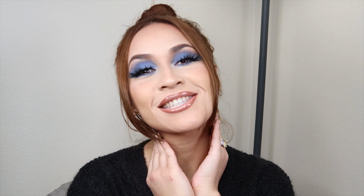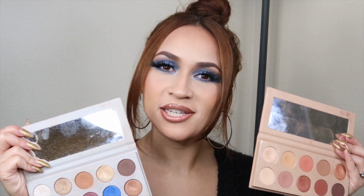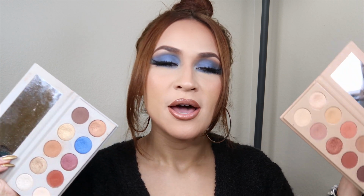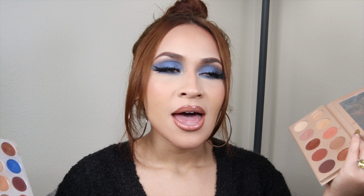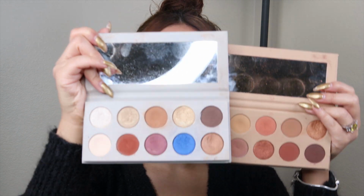All right, mira, look, this is the final look. And as you saw, I did use both the original eyeshadow palette and the classic palette. I just realized in the beginning that I was showing these up close. My camera, for some reason, has been acting crazy and has been blurring out things when they shouldn't be blurred, but you can still get a good image of what I used throughout the video. And I can say that I truly, truly love this look, especially with this new hair,